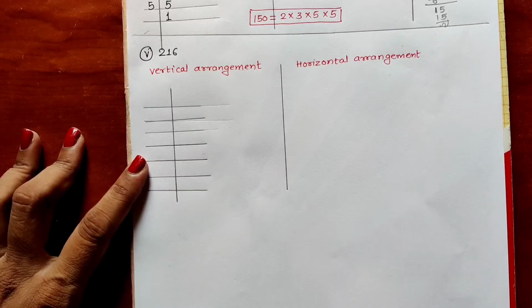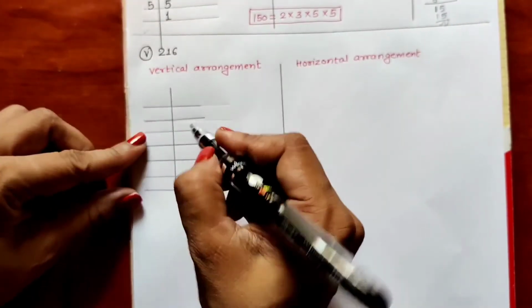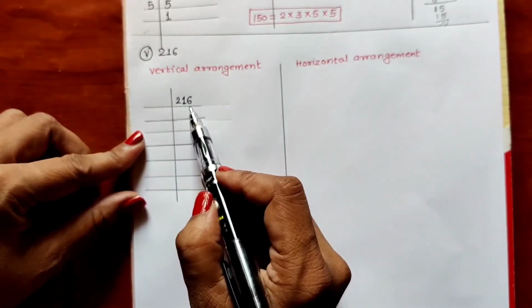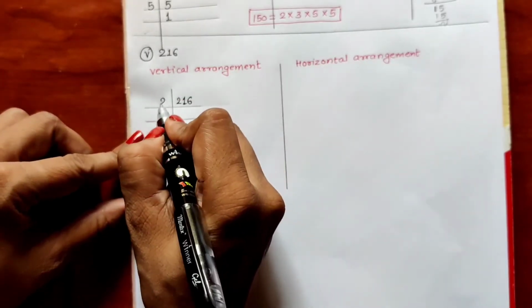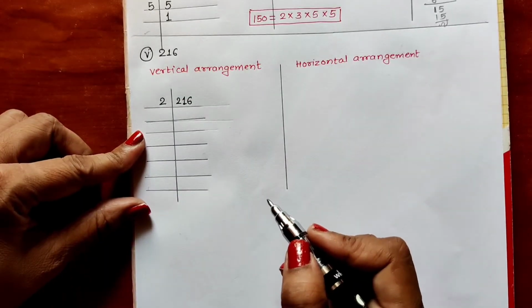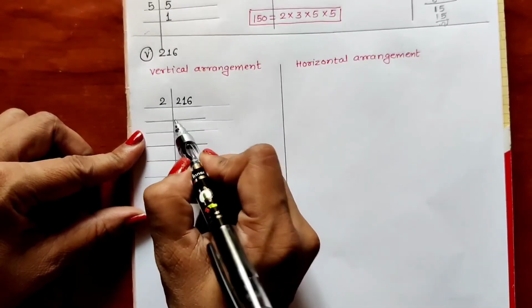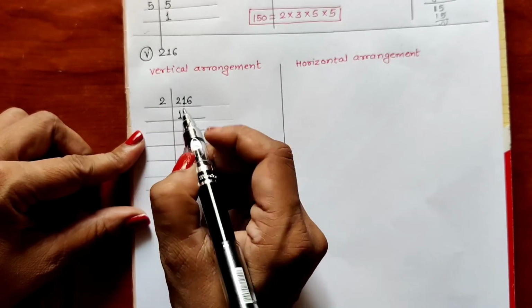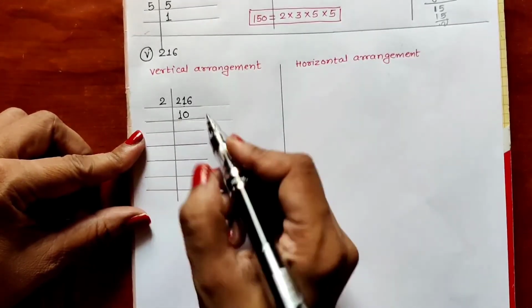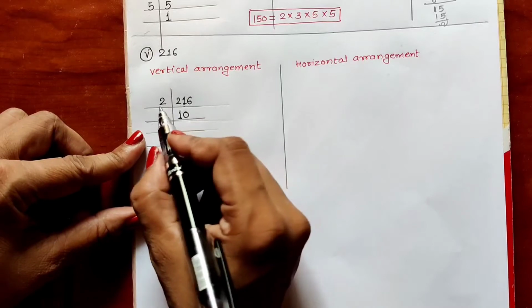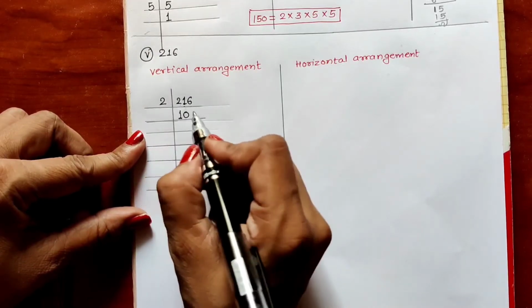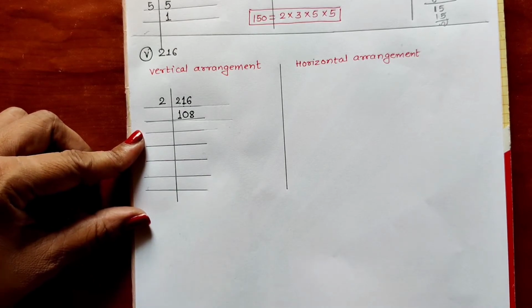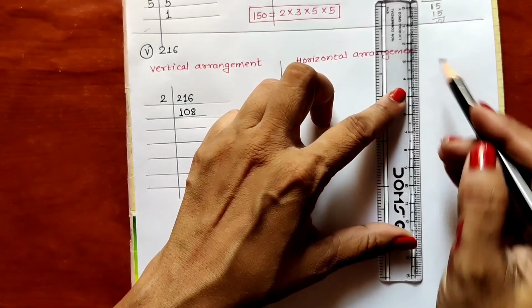Now next number is 216. 6 is there in the unit place. So that means this number is divisible by 2. We write 2. Now we are going to do it orally. So 2 1s are 2. Then 1 is there which is smaller than 2. We write 0 here. 1 minus 0, 1. Then this 6 is there, 16. 2 8s are 16. Once again I will be showing it in rough work, the division method.